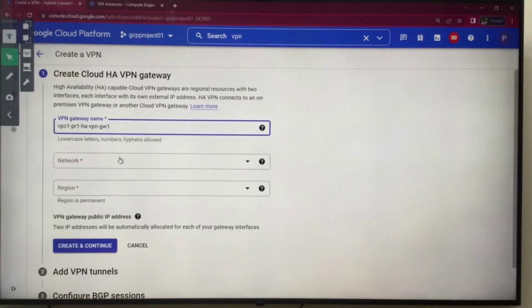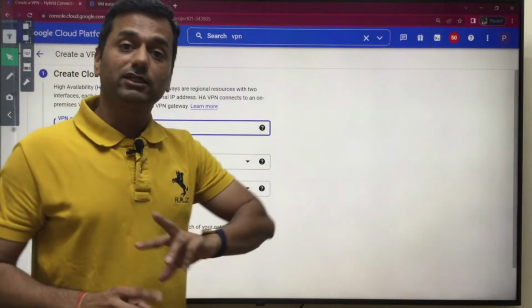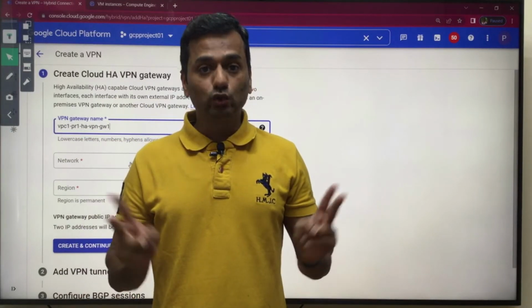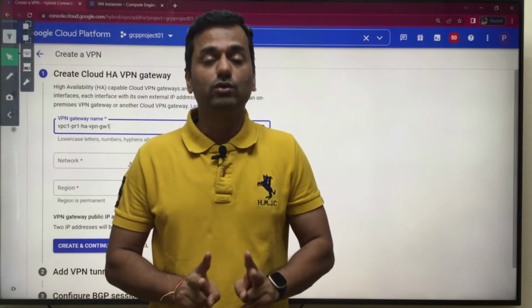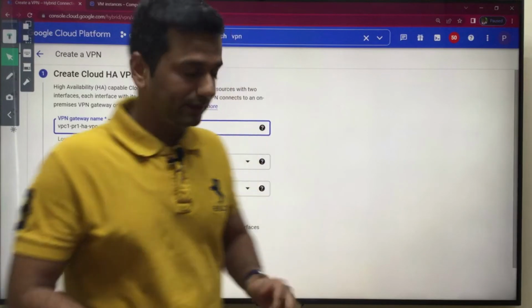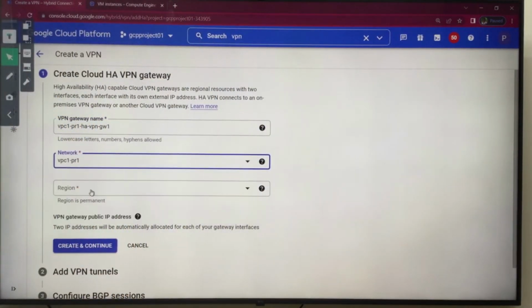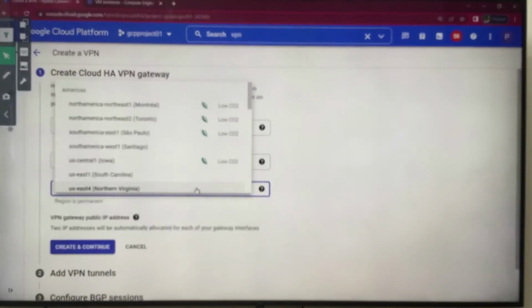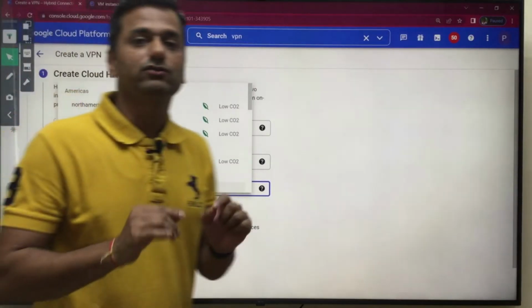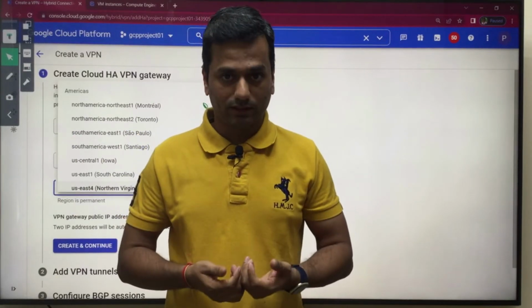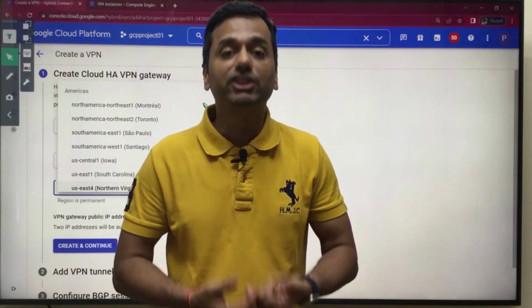Then you have to select the network. If your project has 2 VPCs, then you can choose the VPC where you would like to configure the HA VPN. Clear? So go to the network setting, VPC peer 1. Region: why am I talking about region? Because VPN is a regional resource, so you have to select the region.